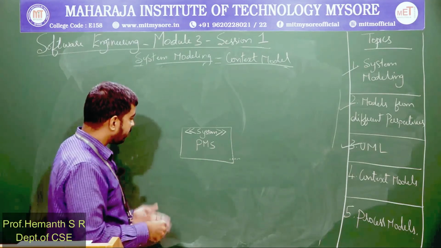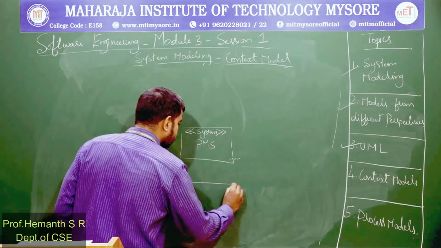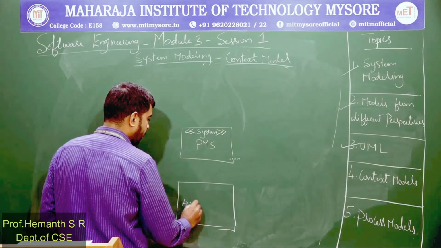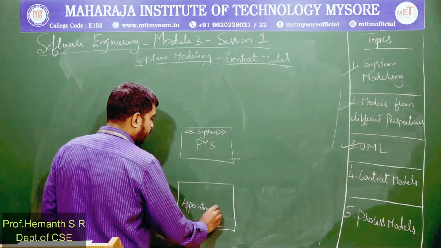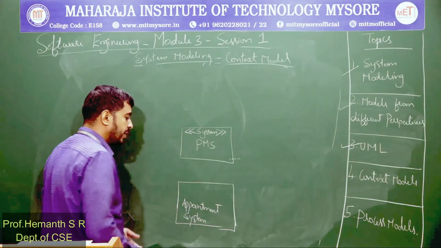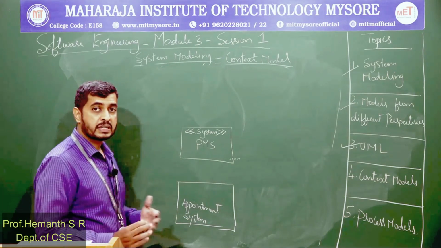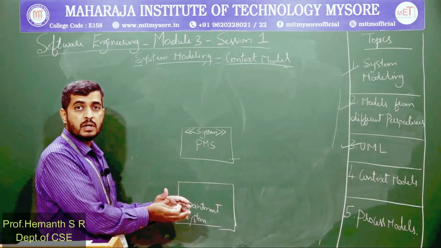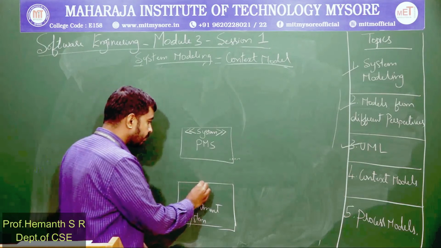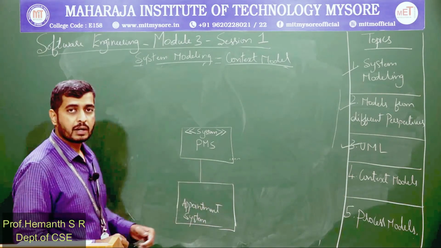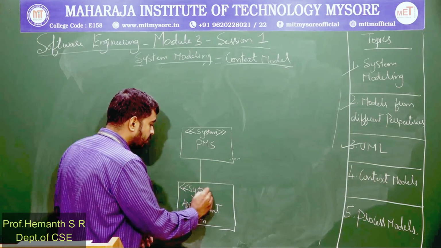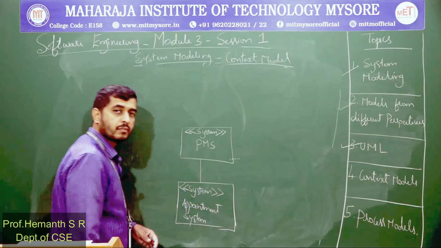Typically it can be maybe an appointment system. So we have an appointment system. Immediately when you see this, you need to understand: patients booking an appointment, patients getting a confirmation for the appointment. It is managed by a different system, not by the PMS software, but the PMS software is interacting with it, indicated through a line, and this is a separate system. So as I already informed, we need to use this notation.